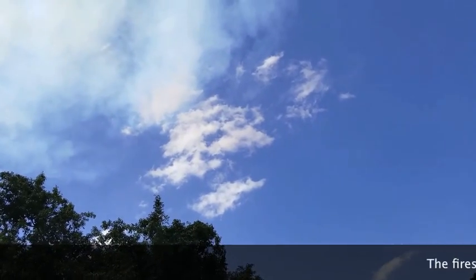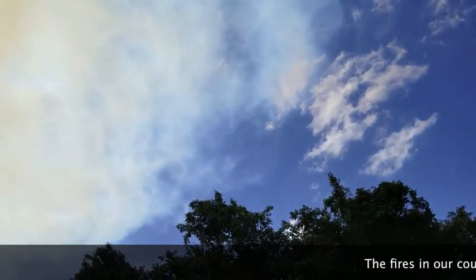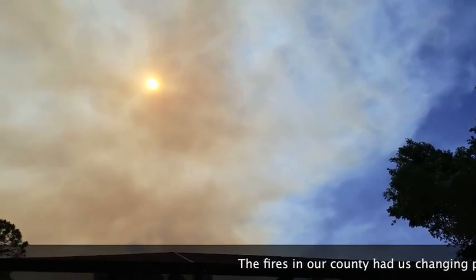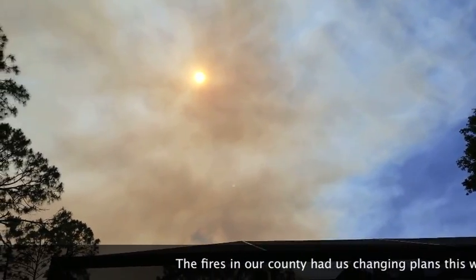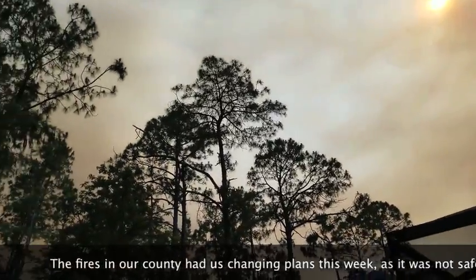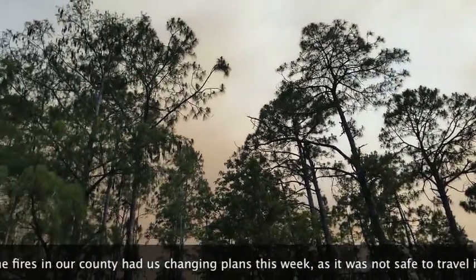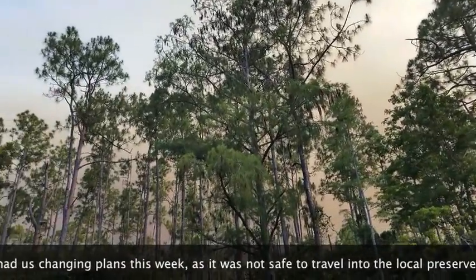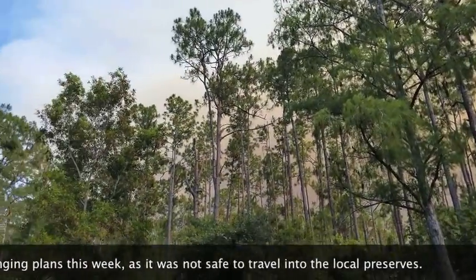Got the beautiful sky here. And as I start to turn south, you see that there's a little bit of a haze. There's a forest fire south of here. Well, brush fire, I guess, more adequately. But with as dry as it's been,